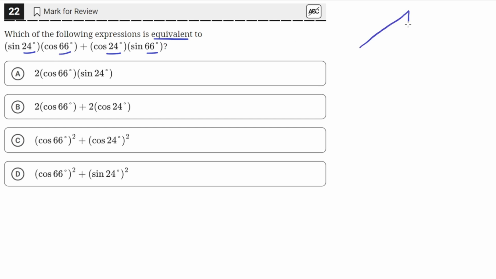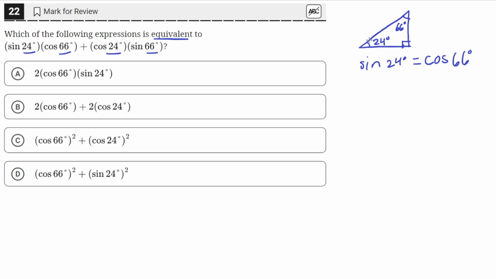So if we were to visualize that on a triangle, a right triangle, 90 degrees here, if one of the angles is 24 degrees, so this angle here is 24 degrees, then we know, because in a right triangle, these two angles here add up to 90 degrees, since this one here is 90, that the other angle must be its complement, so 66 degrees. So in a right triangle, when you take the sine of, say, 24 degrees, that's going to be equal to the cosine of the complementary angle, in this case, which is 66 degrees,